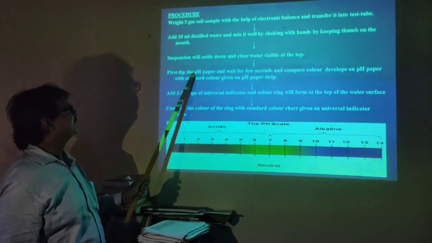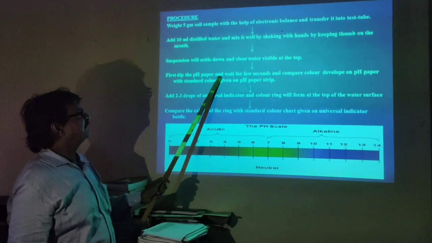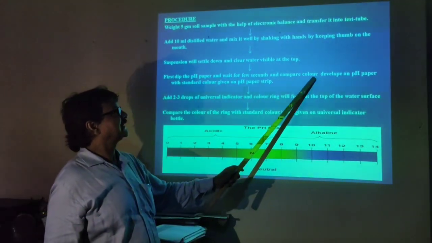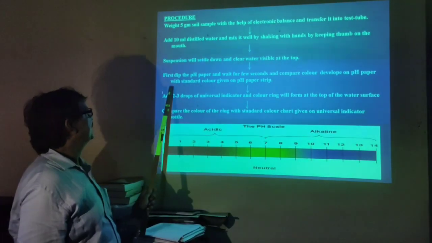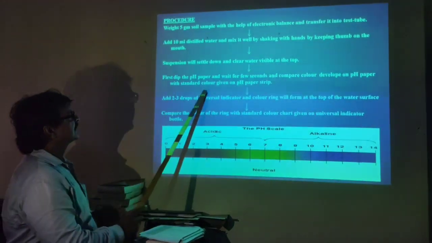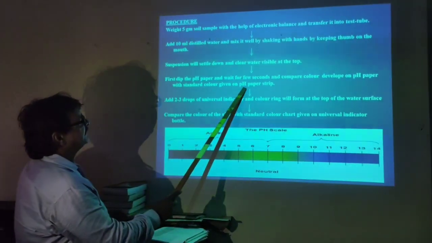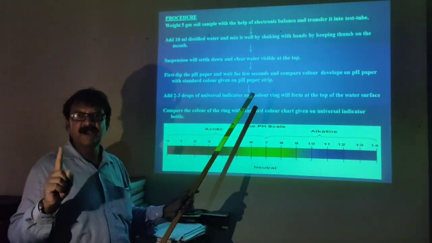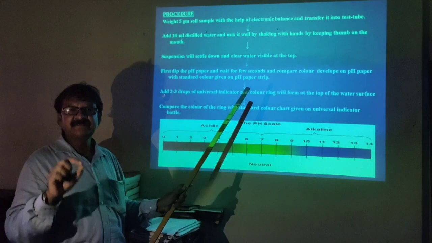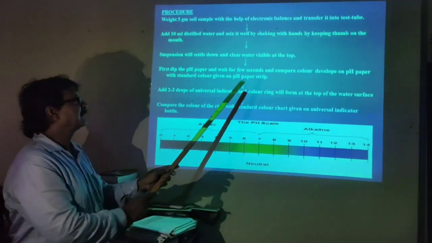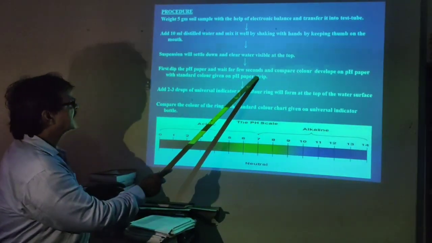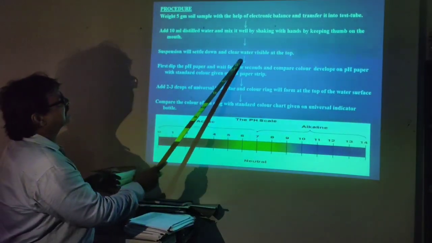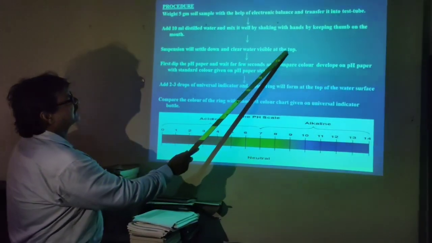First we will dip the pH paper, wait a few seconds, and compare the color developed on the pH paper with the standard color given on the pH paper strip. Student, you have to note down this pH in your practical copy. Then again in this, where the suspension has settled down and clear water is visible at the top,